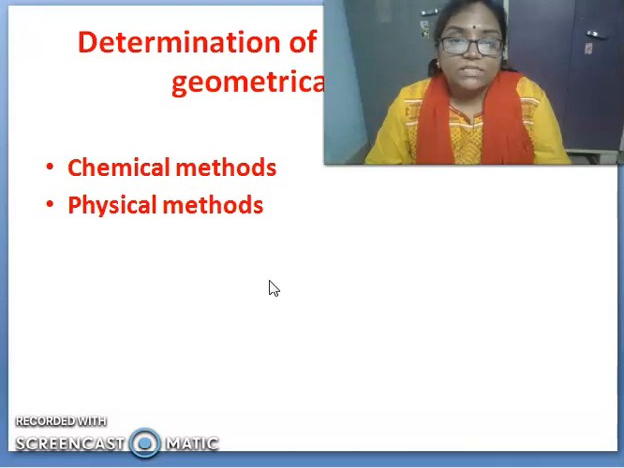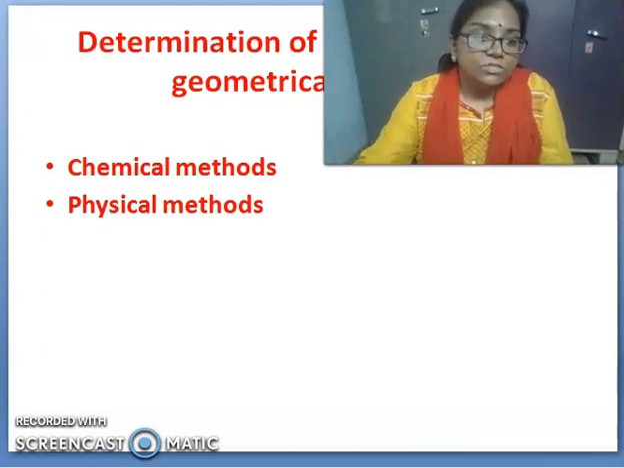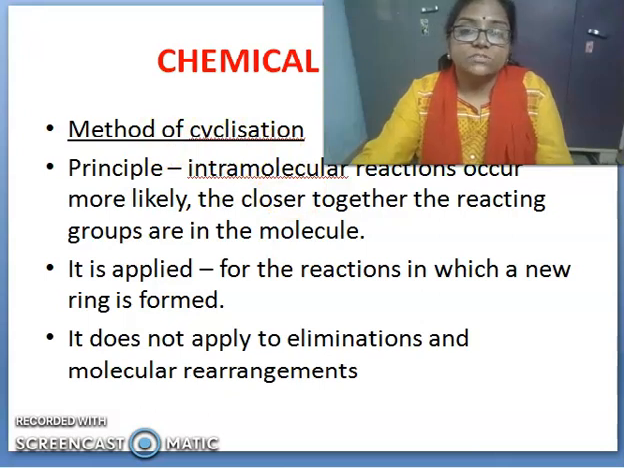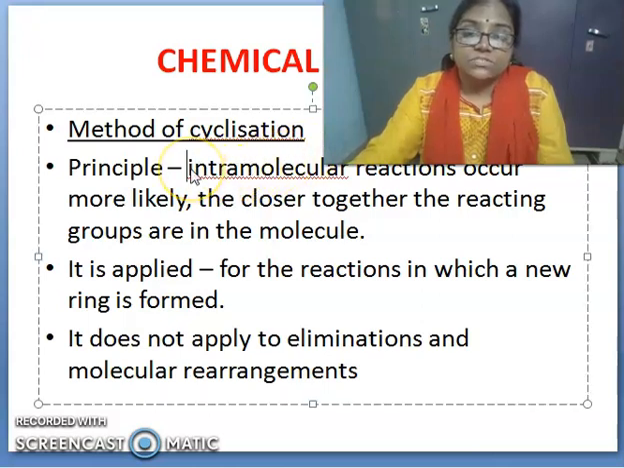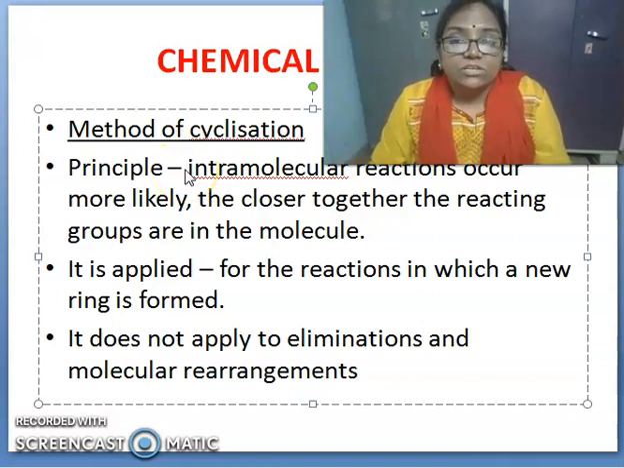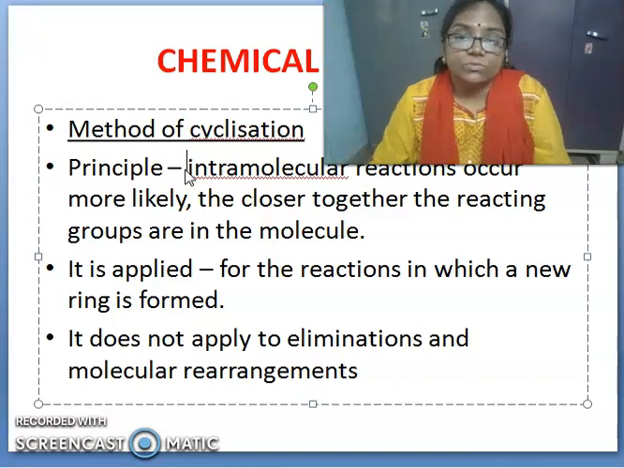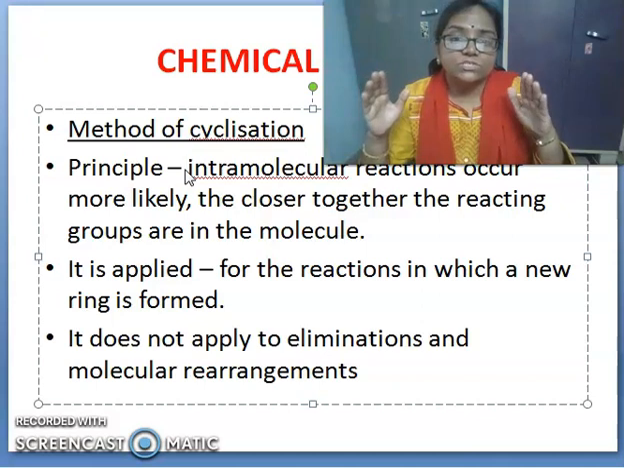We have so many methods available, physical methods as well as chemical methods. Today we'll discuss only the chemical method of determining the configurations of geometrical isomers. The chemical method we use here is the method of cyclization. The first point to note is that intramolecular reactions occur in the case of the cis isomer. That means in the case of the cis isomer, since the similar groups are lying close to each other,